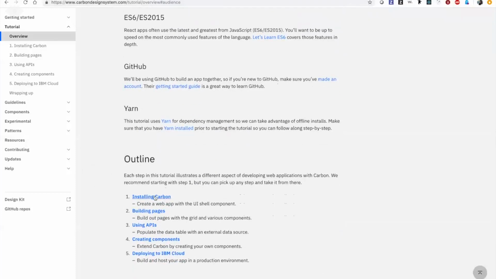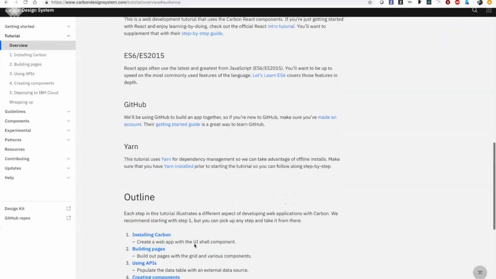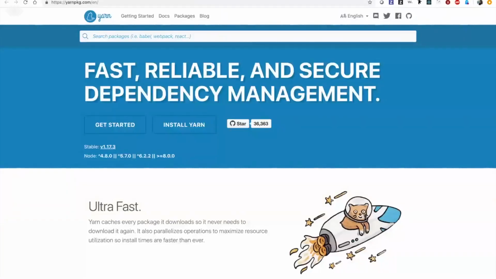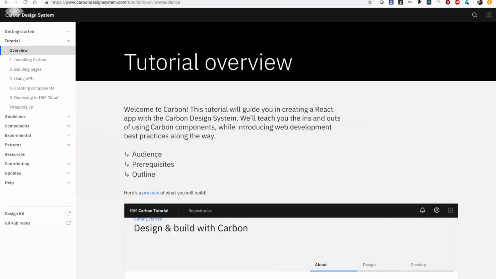Okay, and then it gives us an outline: installing Carbon, building pages, using APIs, creating components, and then deploying to the IBM cloud. Awesome. Okay, this seems straightforward enough. So let's get started